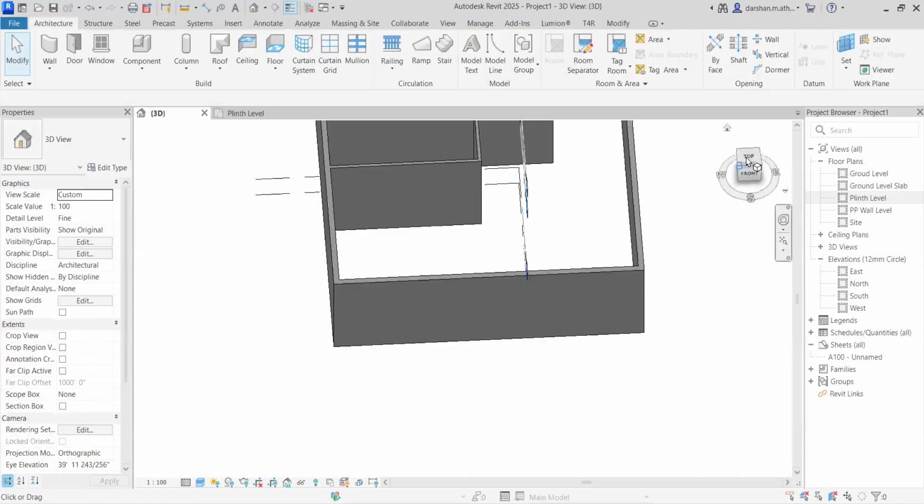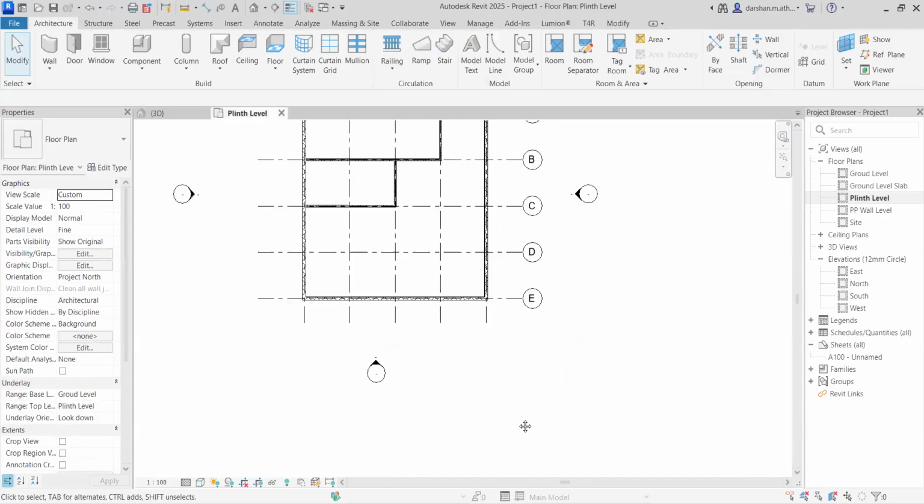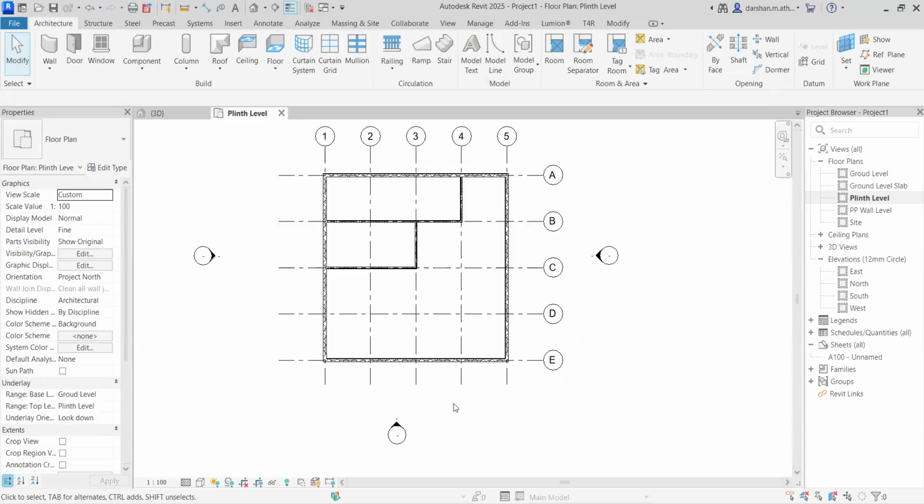Okay. Next one is how we are going to place our doors and windows. How to place doors and windows. Under our architectural tool palette, we have a separate tool for window, and we have a tool